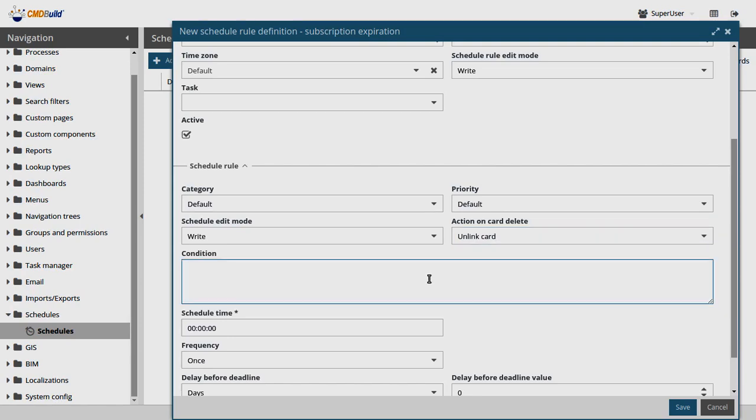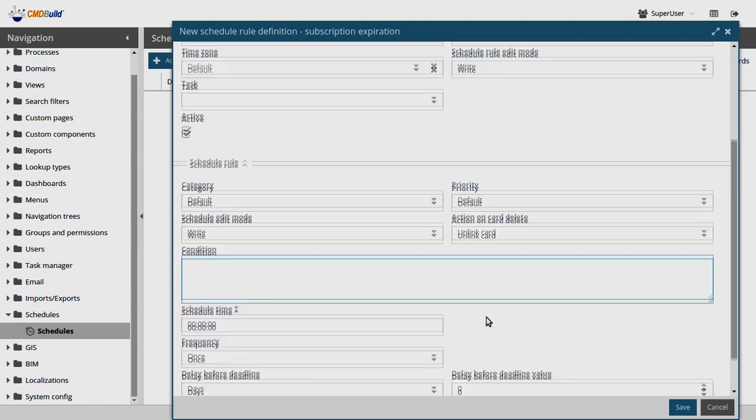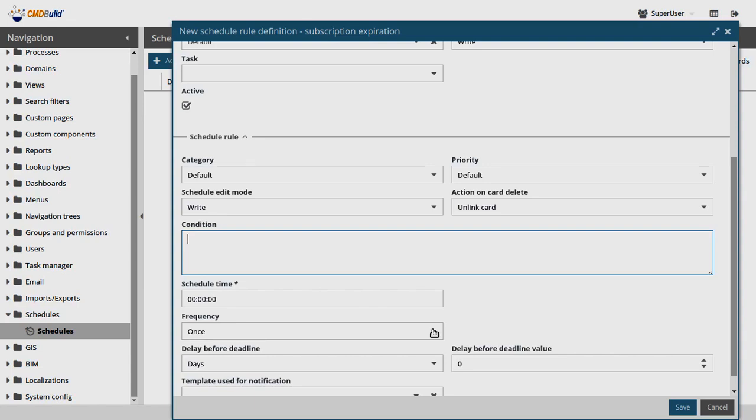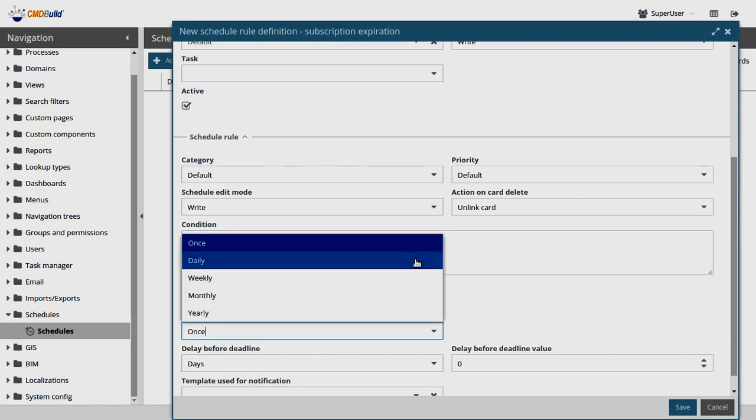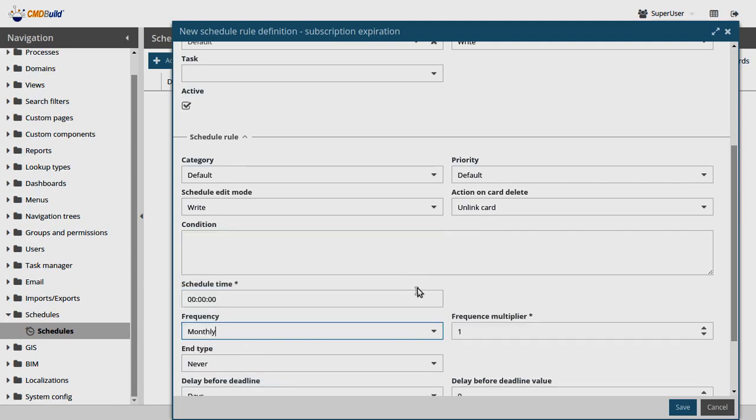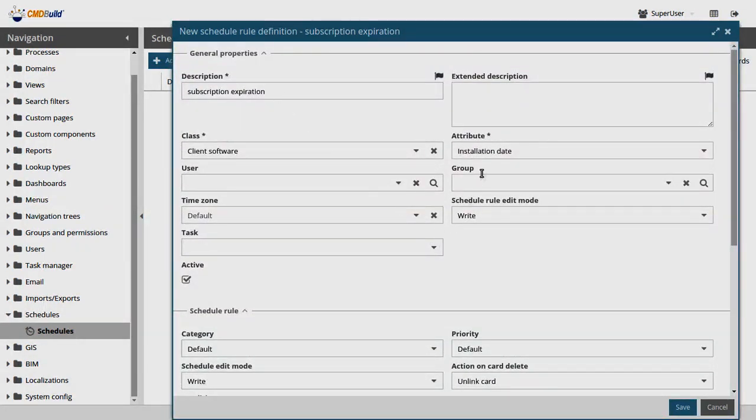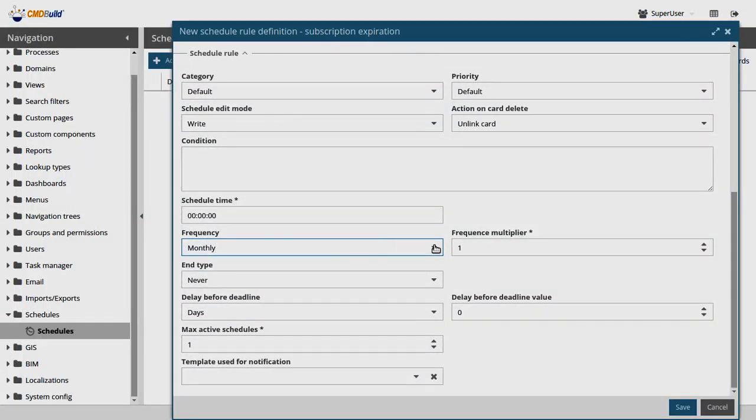Then the condition here: you can create the schedule rule, in our case the subscription expiration, in a conditional mode, with a condition as a JavaScript expression. Frequency: with which frequency does this rule happen? It could be once, daily, weekly, monthly. For example, with a subscription expiration from the installation date, this will happen yearly, so after every 1 year,